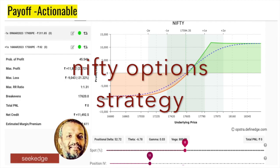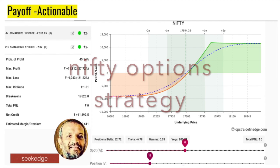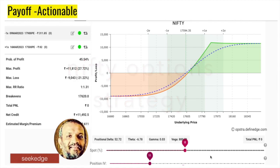The hope is that 17,600 would be held for the next week. But try to exit within 2% of profit and do not hold on hoping that it will go further up. As soon as 2% of your initial capital is received, you get out of this. Right? Probably a little risky trade as compared to the normal ones that we take, but it's hedged. What do you lose in the worst case? And the number of lots can change as per the risk capacity. So for every 1 lakh you can take 1.5 lakh. It's just a spread, it's completely hedged. So that's the payoff of